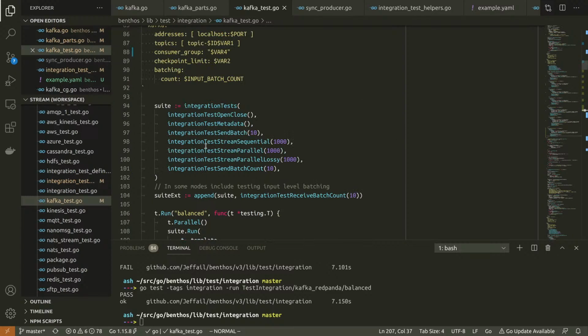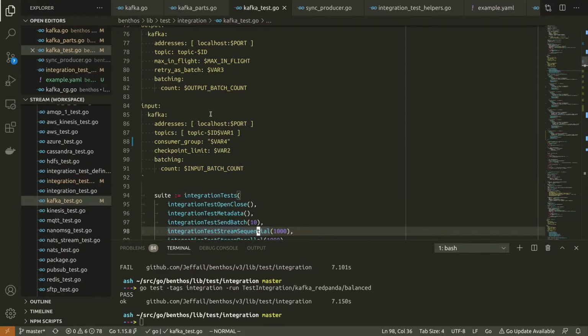Let's just do a recap of what the test suite actually is for this. So we have, can we open up the connections and close them gracefully? Yep, we'd like to check that. Can we send metadata through this particular service and get it on the other end? Yep, we want to test that. Can we send a batch of data with an explicit size? Yep, makes sense to test that. Can we send a bunch of messages to the service, then kick off the consumer and have it consume all the messages? So yeah, I think we definitely want to check that.